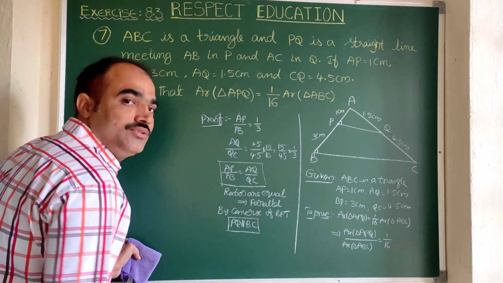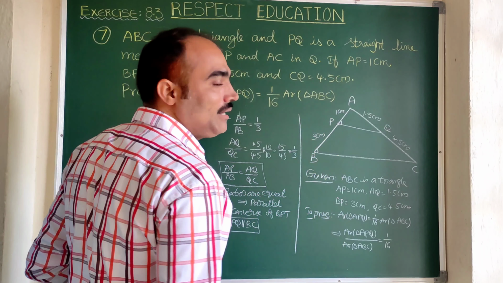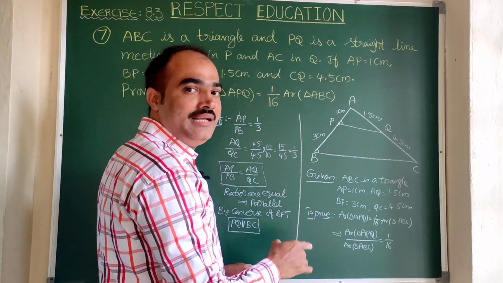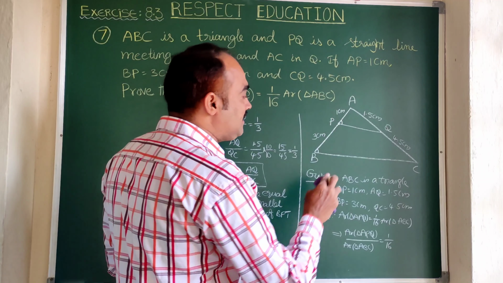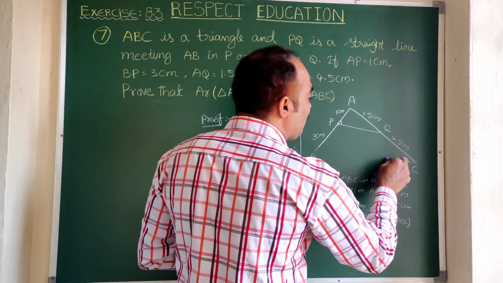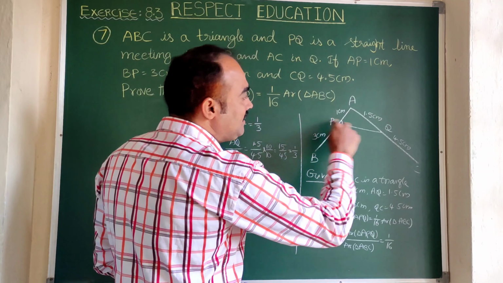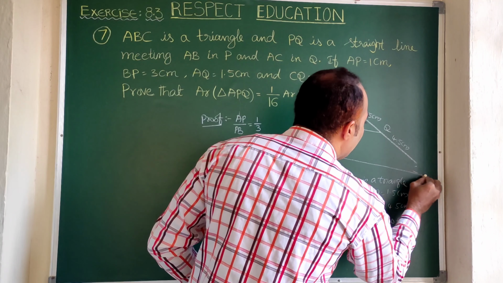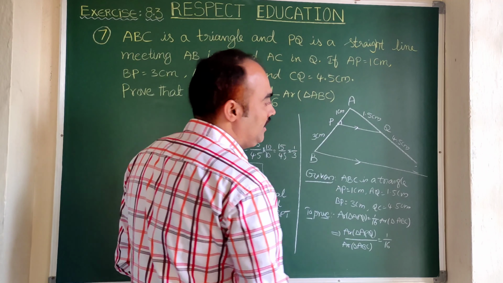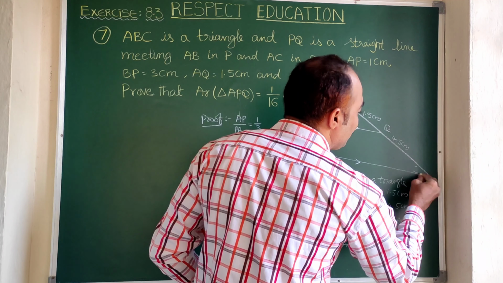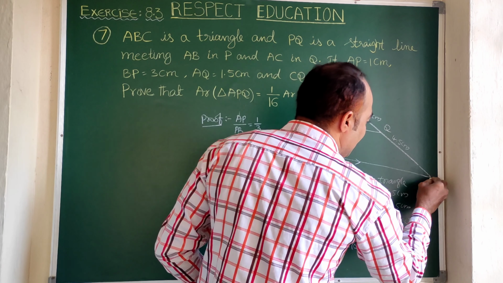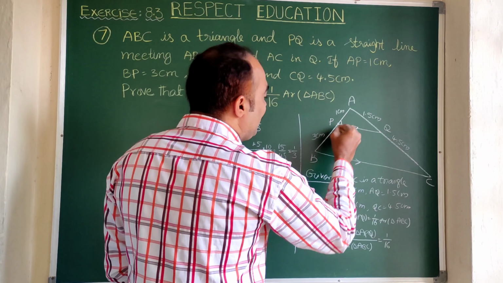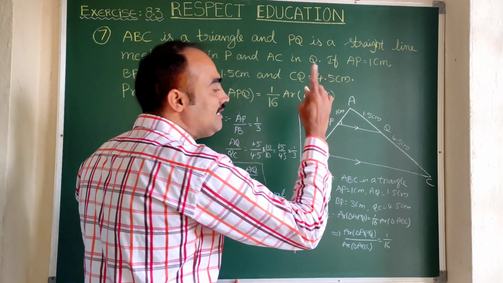Clear? So this is the time we have to change the diagram here. Till now, it is not given that PQ is parallel to BC in the question. That is the reason we did not draw it. Now it is time to change the position of BC, so that BC is parallel to PQ. So this one and this BC both are to be parallel. So on extending this triangle, C comes here. Now clearly PQ is parallel to BC. When these two are parallel, these angles are corresponding angles, they are equal.